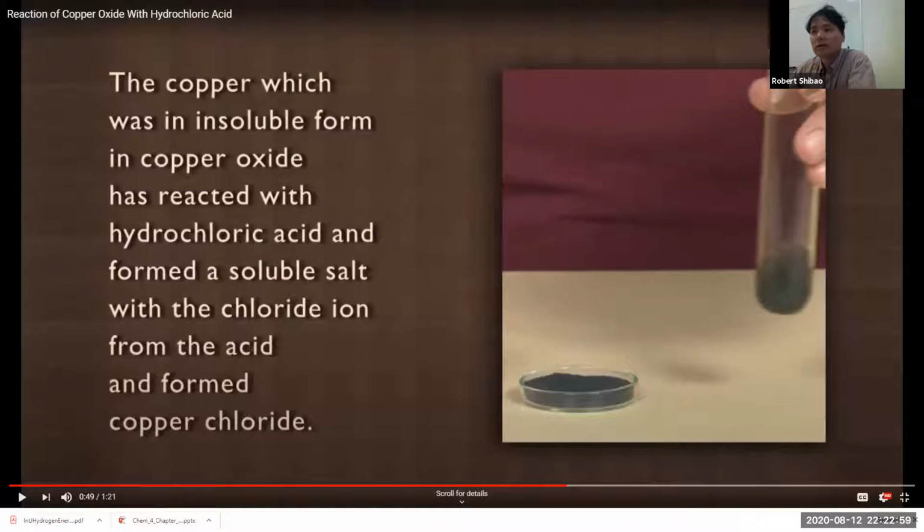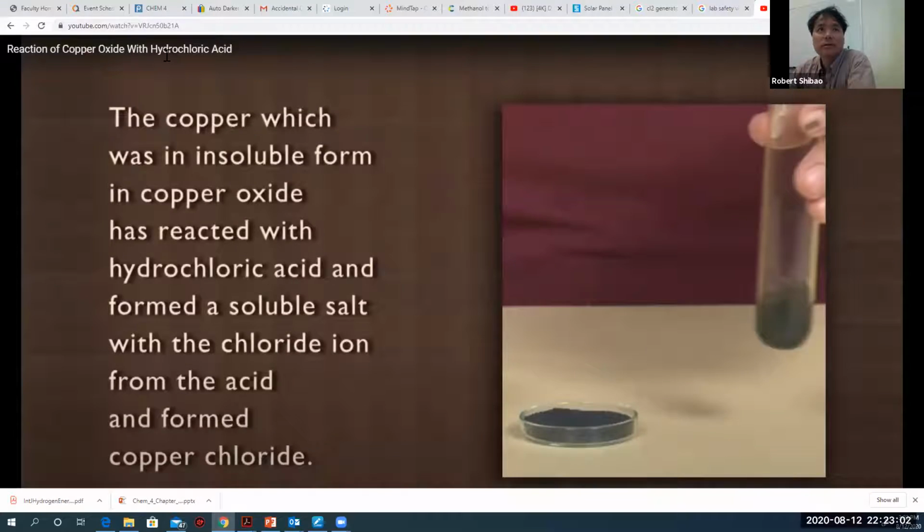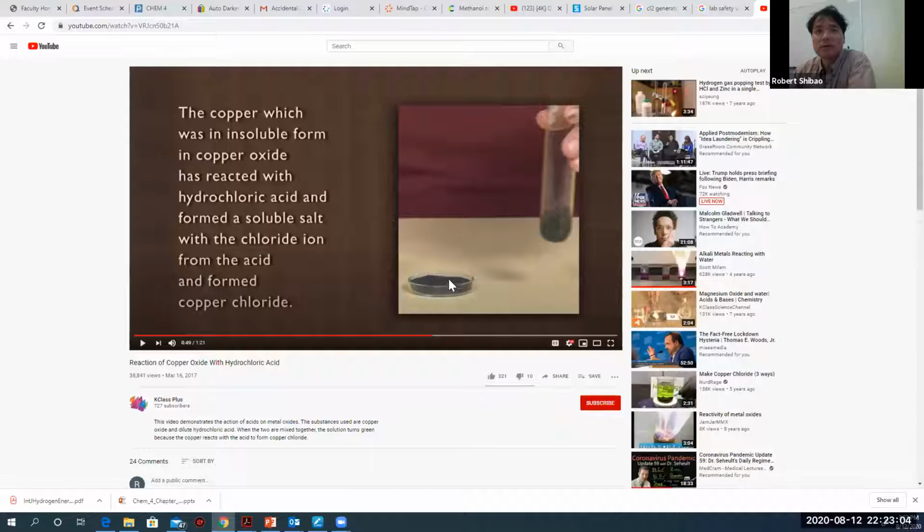Okay, this is not the video I wanted. Your pennies are going to come out clean because they could have oxidation, this black layer on them, but it's not going to dissolve the underlying copper. And so,